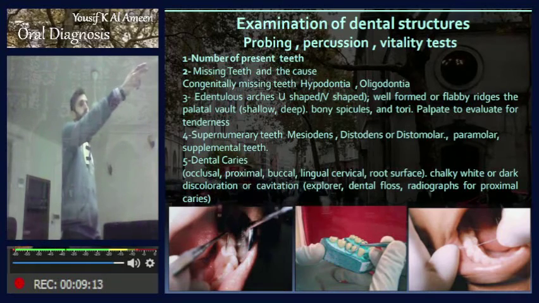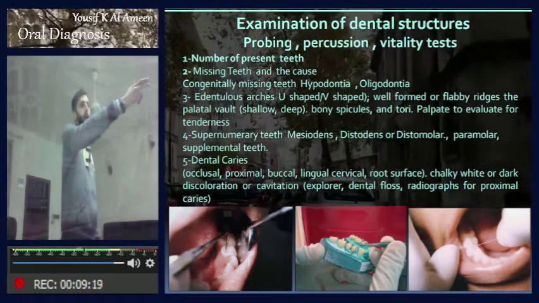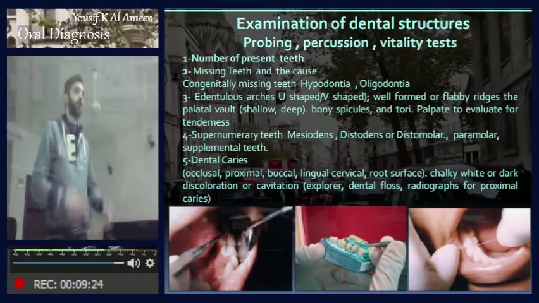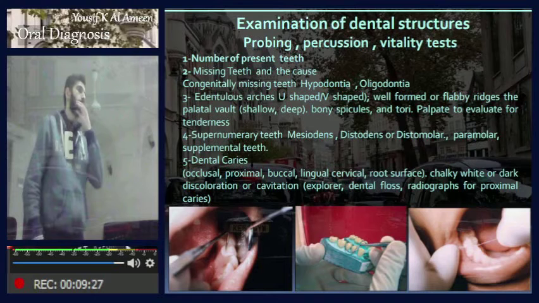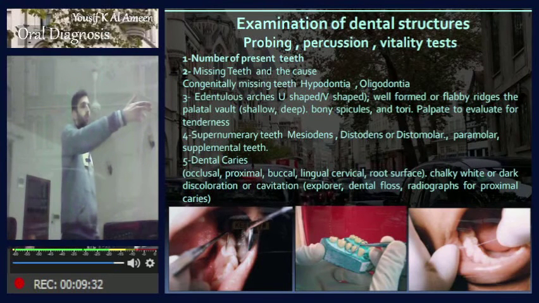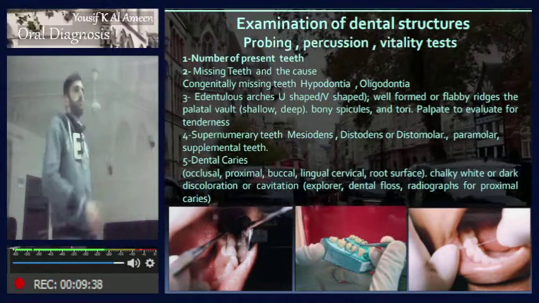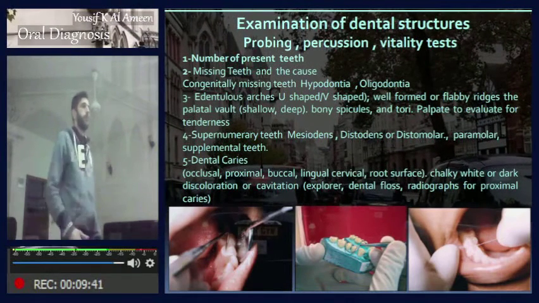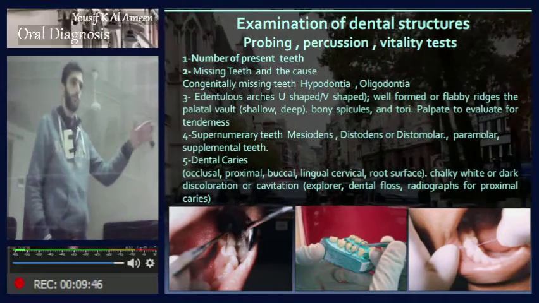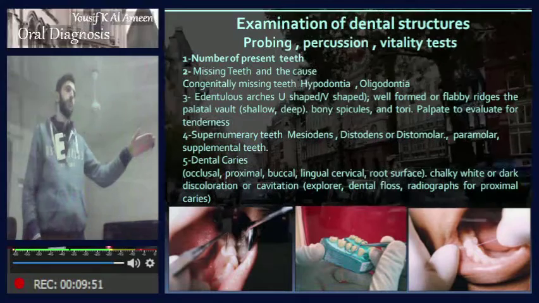Number of present teeth, missing teeth and the cause, congenitally missing teeth, hypodontia, oligodontia, edentulous arch, U and V-shaped arch, well-formed or flappy regions, palatal vault, shallow and deep, bony spicules and tori, palate to evaluate for tenderness, supernumerary teeth, mesiodens, distodens, distomolar, paramolar,